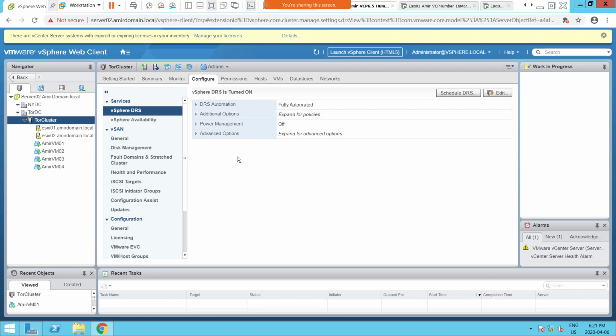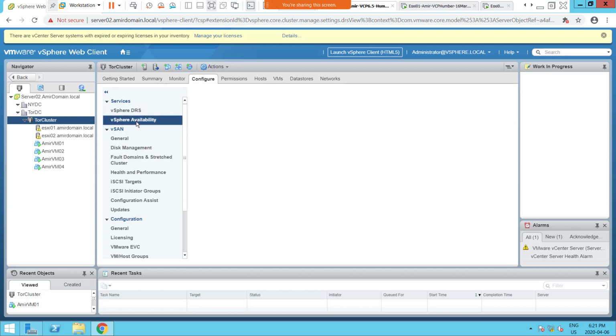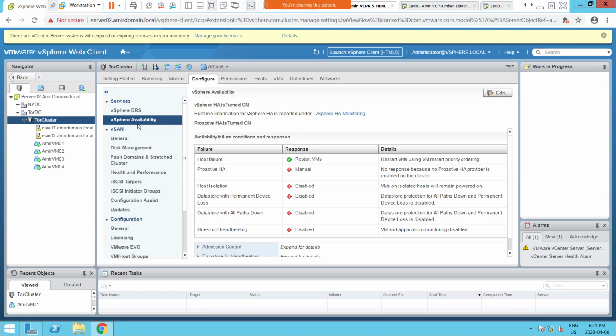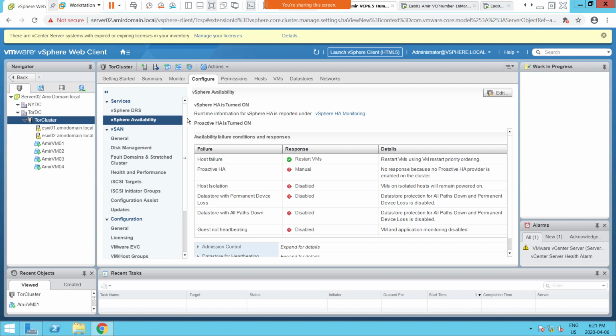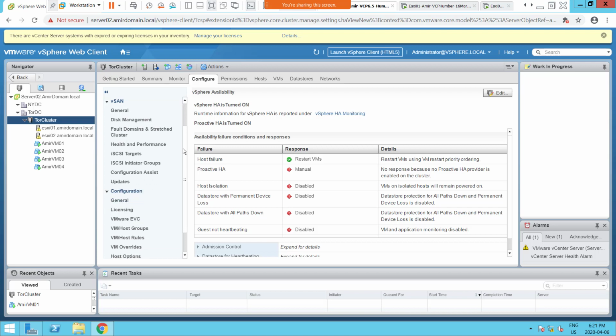Okay, so this is DRS, and we talked about the DRS automation, and then we talked about vSphere availability here. Let's click vSphere availability. I hope it is on as well. And then there is proactive HA, and we talked about all the features there as well. So let's go down further. HA and DRS are already powered on. If we go further down,